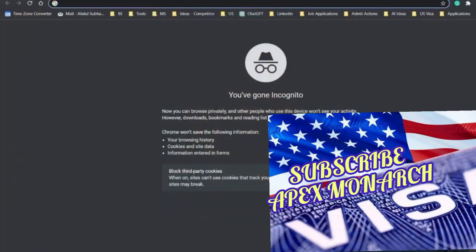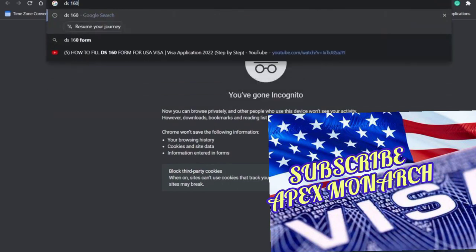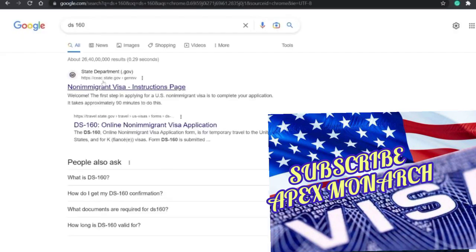Okay, I'm going to start with the application. First, let me search for DS160. And here you can see this is the website. I'll also share it in the description. It's the CEAC, State Government website. I'm just opening it